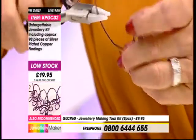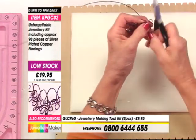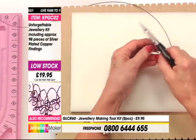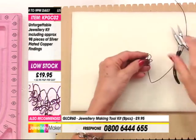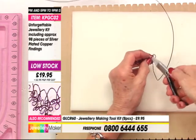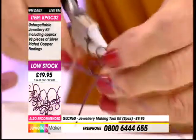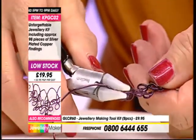And then what you can do as well, you can actually take the wire back round, so it gives a bit of an anchor there, like so. You can do different shapes with it. You can make it bigger, you can make it smaller. Move that round a bit so it's a little bit smaller, and then go back again. So when you've got your shapes there,